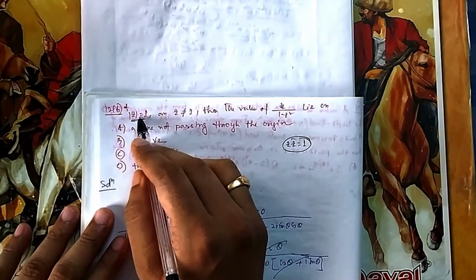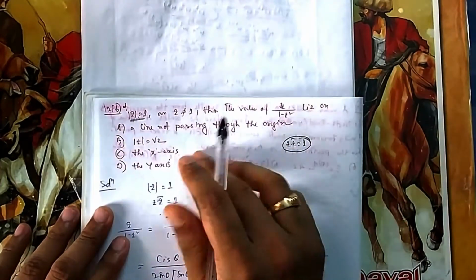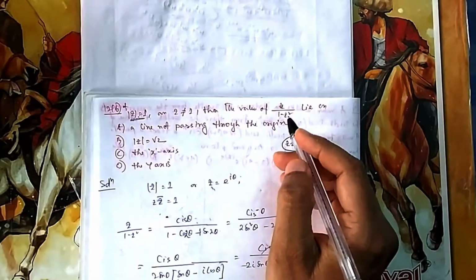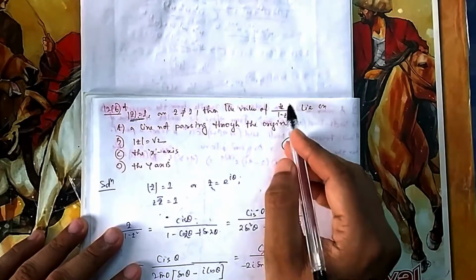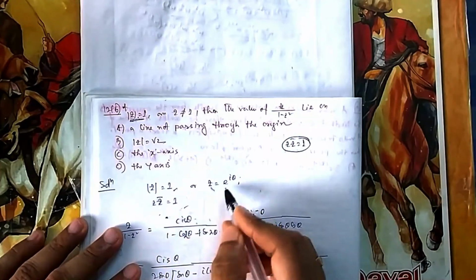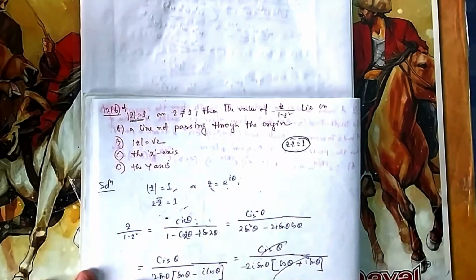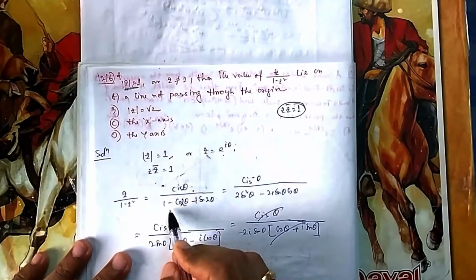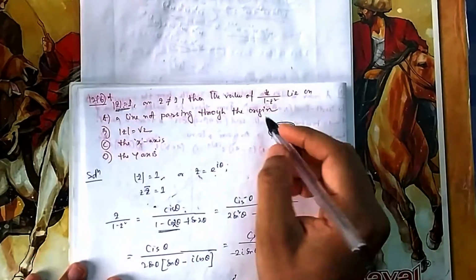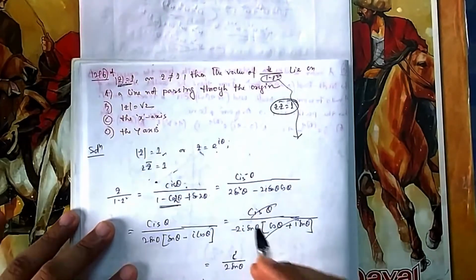This we can also write as cis theta, this you can also write in Euler's form e to the power i theta. We will write whatever way you found comfortable. You can do it in so many ways also. The values of these will be z by 1 minus z square. So you can write it in all these formats. You can write it in cis theta format also, both will give you the answer, but cis will be used because it is 1 minus z square, so 1 minus cos 2 theta value you know. So whenever you get 1 minus z square, cis will be very helpful for you.